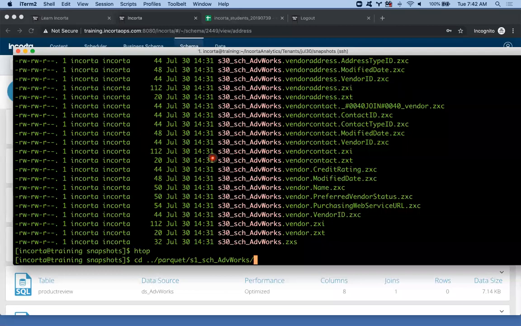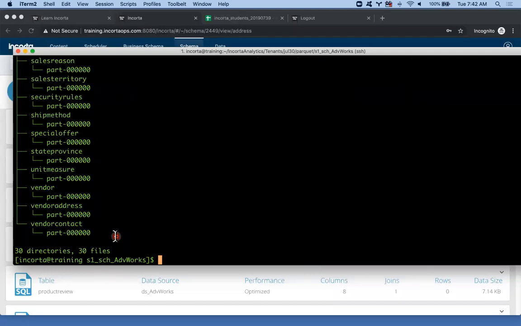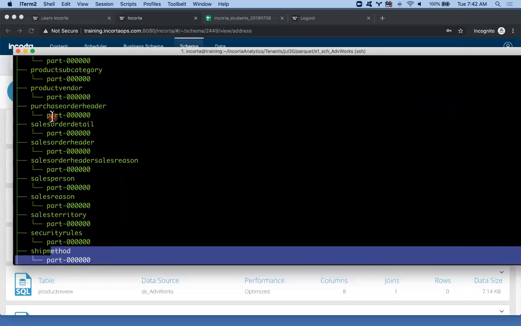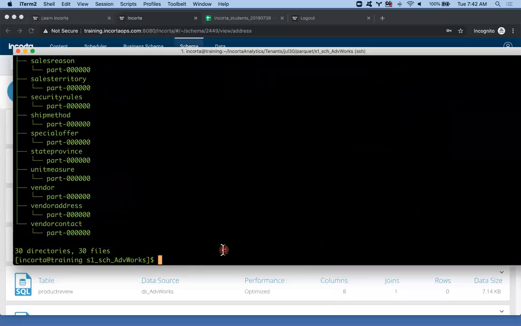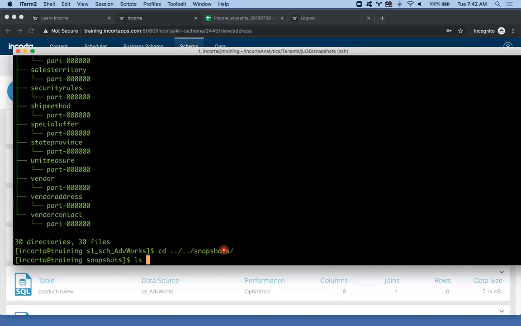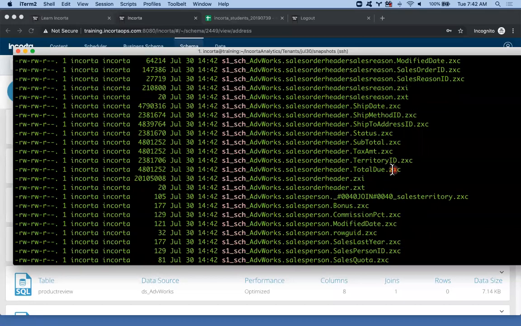Let's see. Yep, AdventureWorks. So we'll see, for example, this user S1 has created all these Parquet files as part of their load. That's called the extraction phase of load, right? And then in addition to that, what we would see in snapshots, because we're doing a full load,